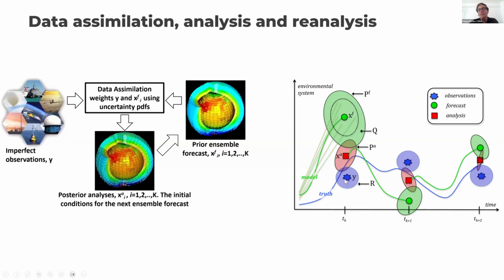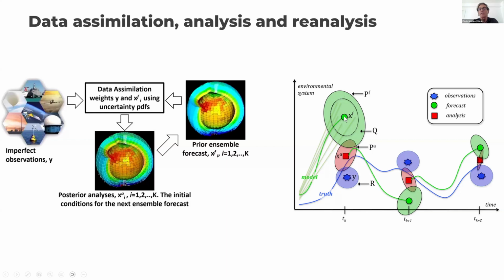What we know, if you do observations, you get this value, okay? It's close to the truth, but it's not the truth. And you have this error around the observation, so you never know how much is the truth. And then this is your model. Your model gives this value, and this is the error of your model.